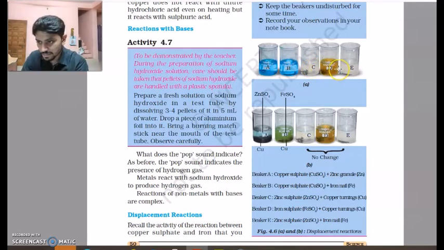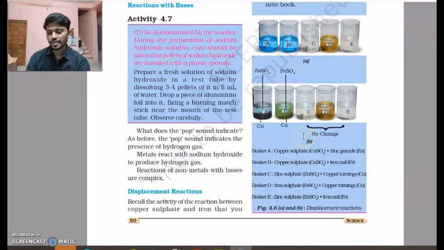Again, in beaker D, where we have iron sulfate, we place copper turnings. And in the last beaker, zinc sulfate, we place an iron nail. So let us observe what happens. We'll soon observe that the first beaker, which had started with the blue color of copper sulfate, gets converted into